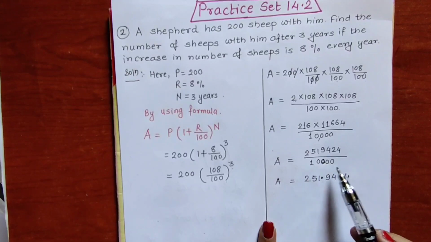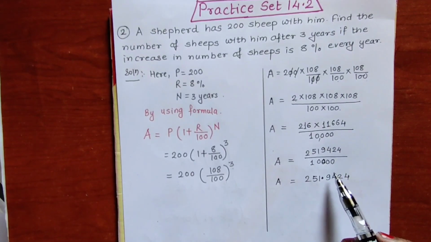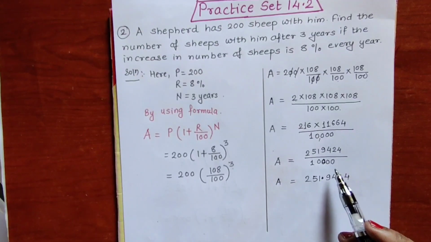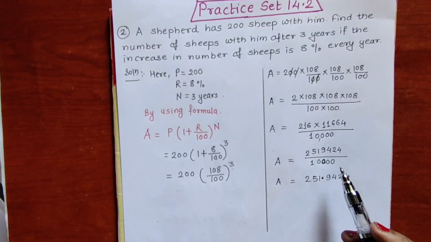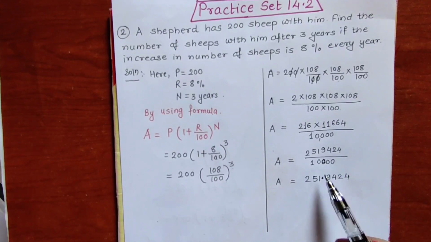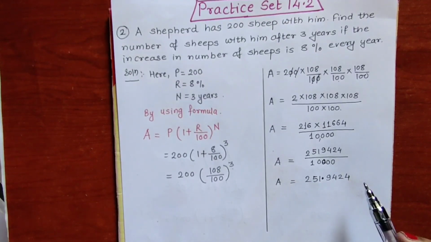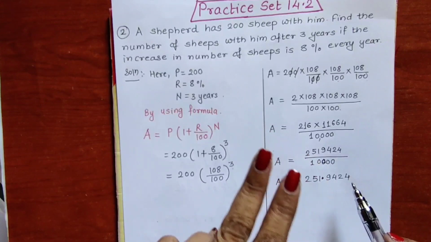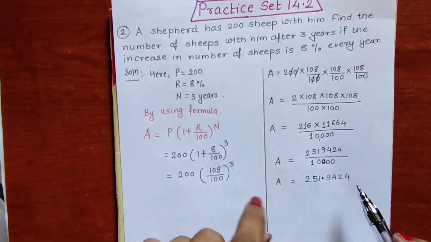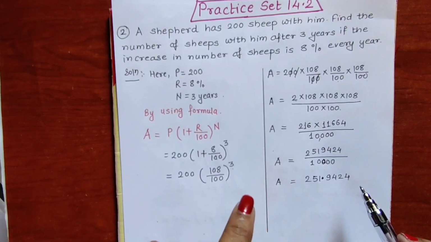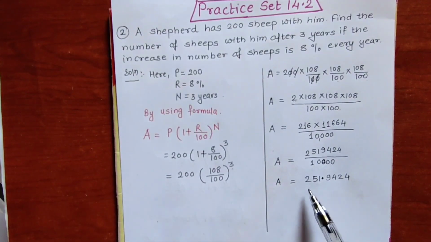When the denominator is a multiple of 10, that means 10, 100, 1000, 10,000, we can remove that denominator and we can put the decimal point in the numerator depending upon the number of zeros. If the number of zeros is 4, the decimal point should be put in such a way that after the point there should be 4 digits. If there is 100 in the denominator, 100 means only 2 zeros, so after the decimal point there should be 2 digits. If 10 is there, we remove the 10 from the denominator and put the decimal point so that there is only 1 digit after the decimal point. So you have to check this properly.